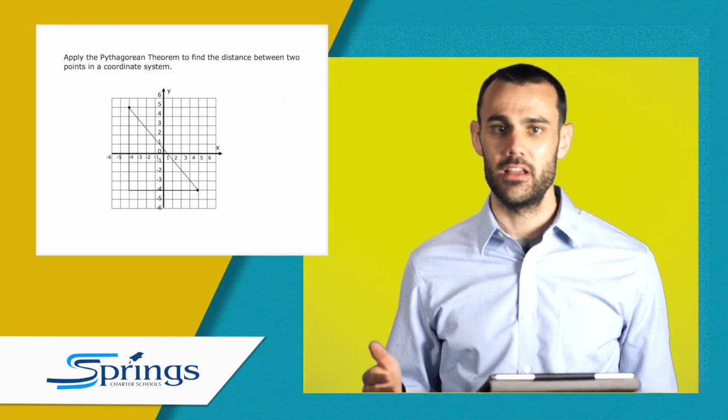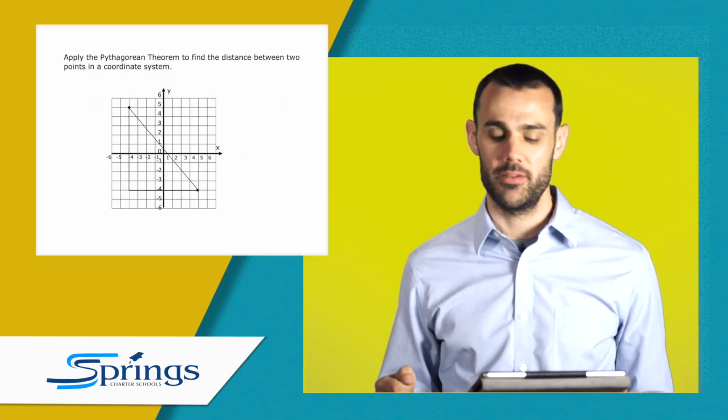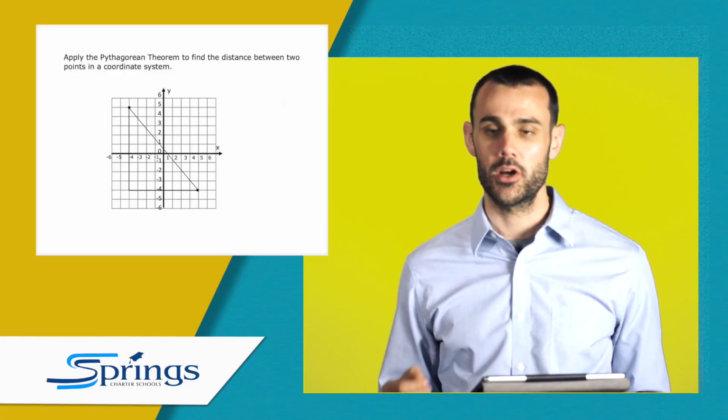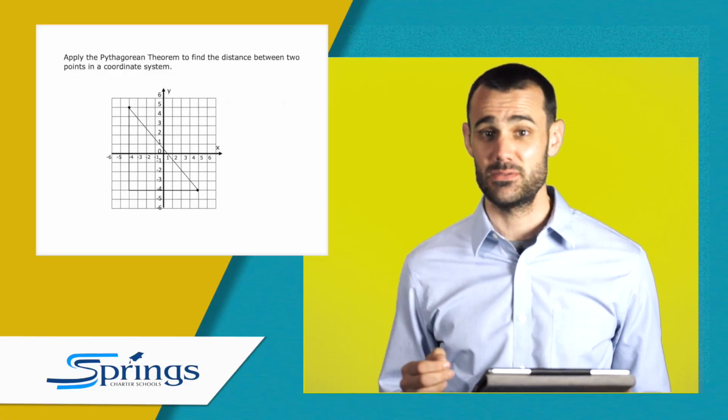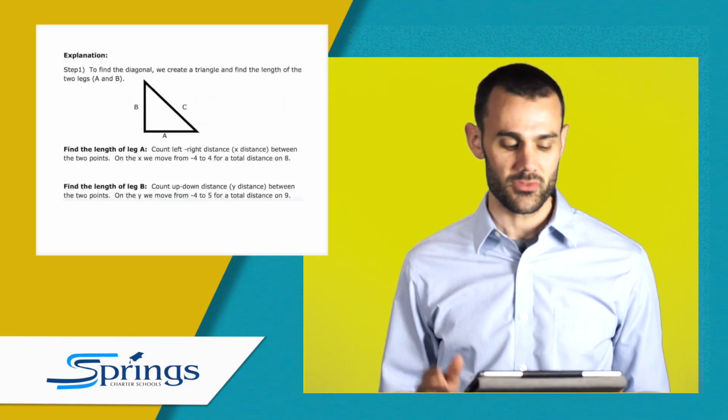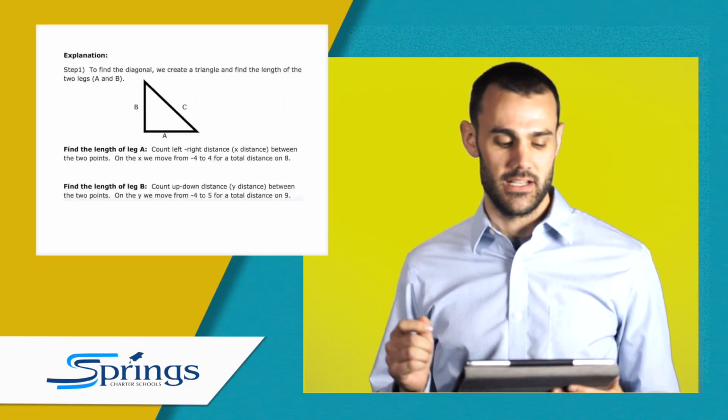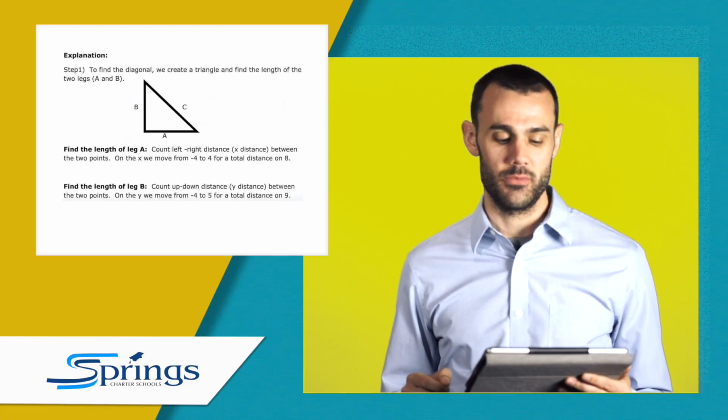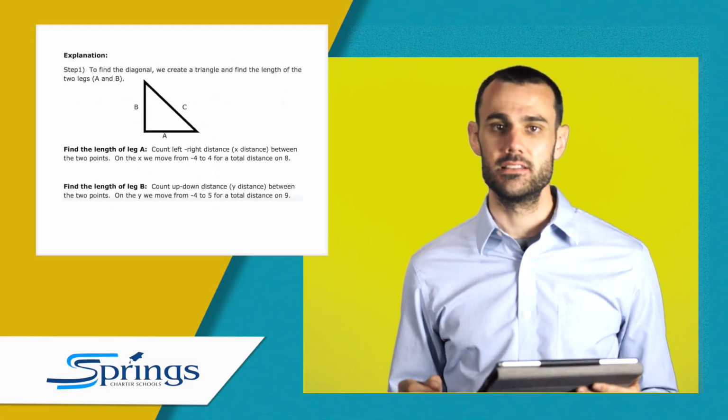So you can see here on our image, our graphic of our coordinate plane is drawn. We have a triangle that's also drawn here. We're going to use that information to find the distance between 2 points. So here's an explanation for us. Step 1. To find the diagonal, we create a triangle to find the length of the two legs, A and